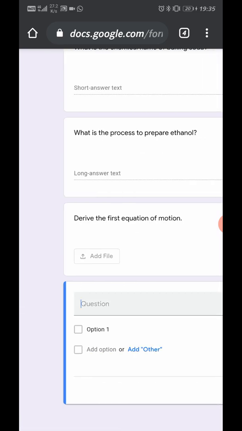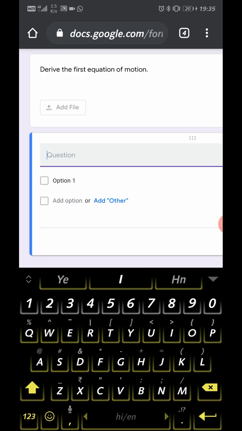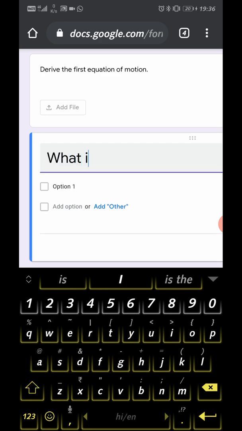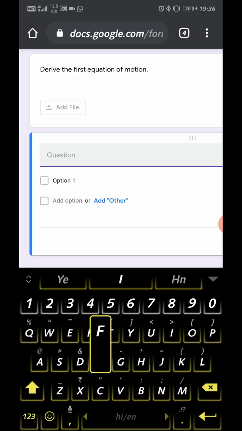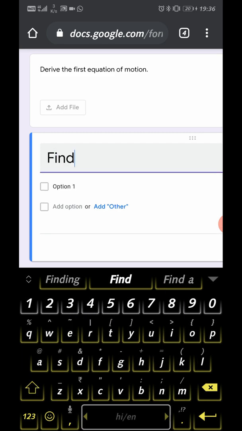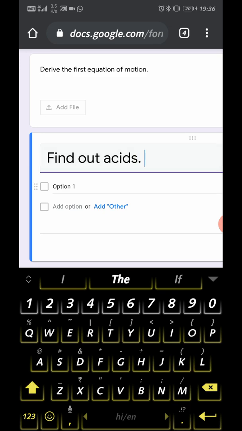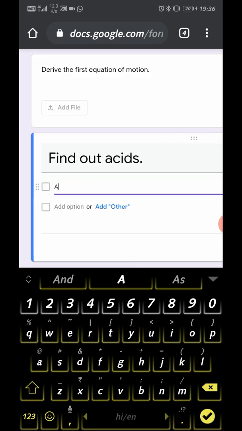Now this type of question is used if you want to ask your student that he must respond with multiple answers, so you can write a question like this: find out acids. Acetic acid, the first option.